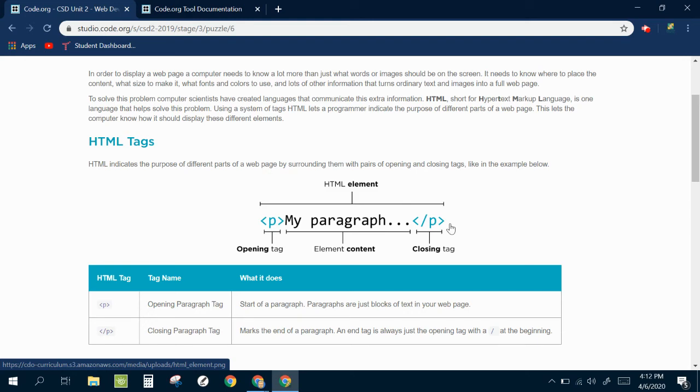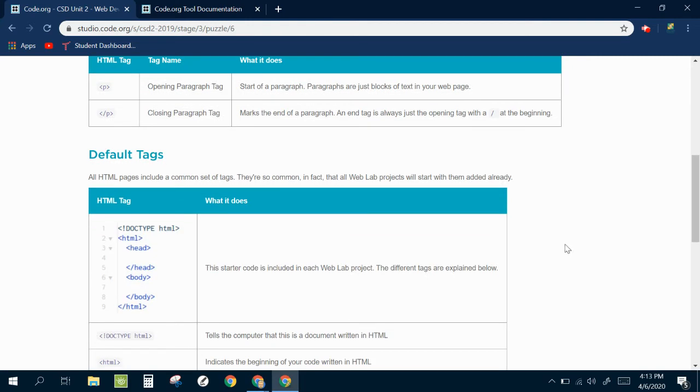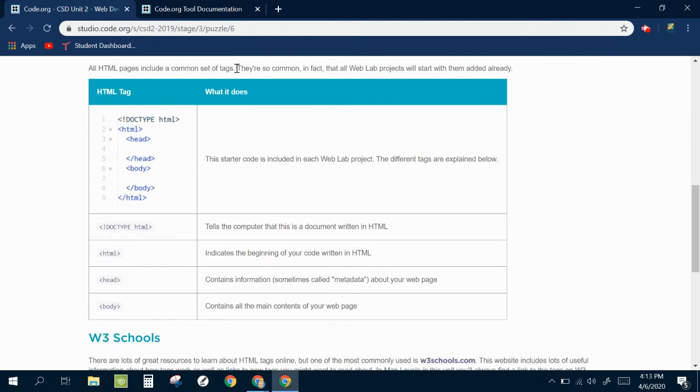Otherwise, it keeps looking. It doesn't know where the end of the paragraph is, right? And it explains it down here a little bit more. And then it gives you some other what's called default tags. And now this starter code, this default tag, is included in all of your web pages that you will build